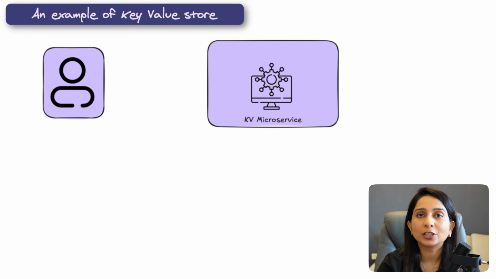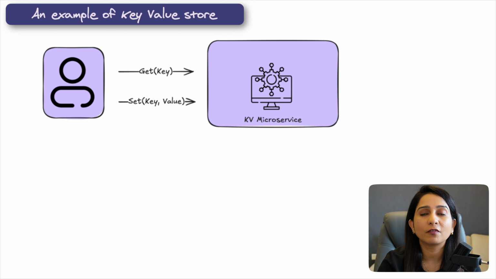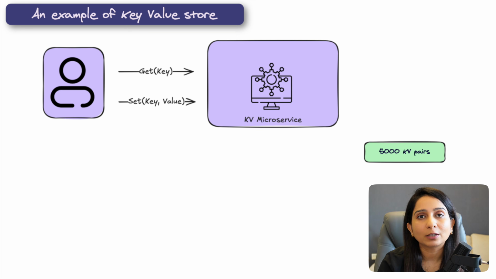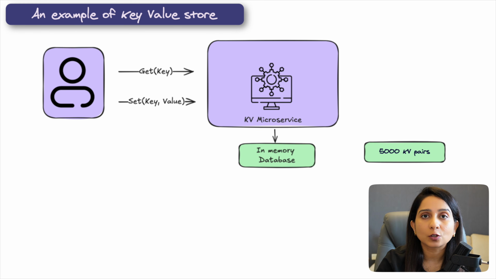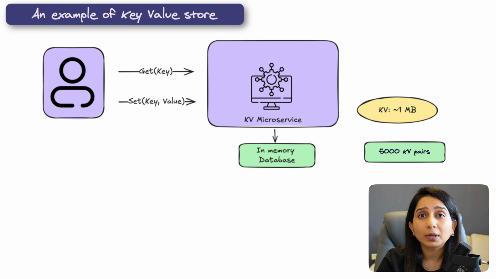So let's get started. Just imagine that you have a use case to build two APIs: getting the value for a key and setting a key value pair. Basically, you have to build a very fundamental key value service, and the requirement is just to store like 1,000, 2,000, or maybe let's say 5,000 keys. You can very easily build that microservice with two APIs. You can utilize the in-memory database of the instance on which you deploy your service, and very easily store this data. Let's say the key value size to be stored is around 1 MB and the RAM you have is around 16 GB. You might be able to build a system which can store roughly 16,000 keys. So all is good till here.